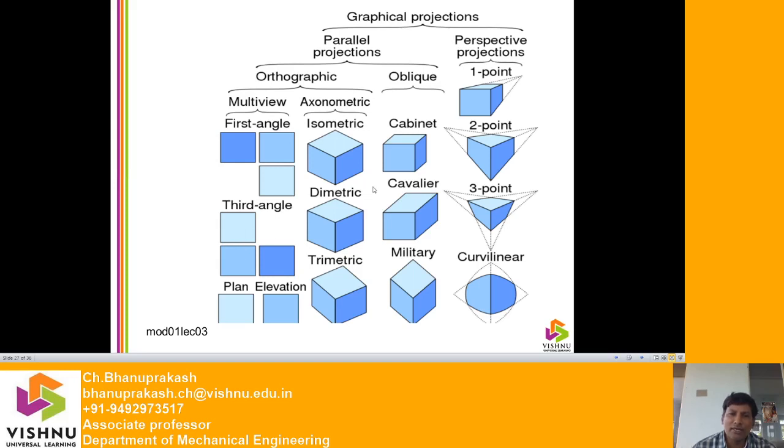When I am seeing from the side, if I am seeing from this side, which side is this? Right side. When I am seeing from the right side, the view will appear on the right side only. That is one more difference between the first angle and third angle projections. But in the case of first angle projection, when I am seeing from the right side, I am projecting on the left side, so I am going to draw on the left side. If I am seeing from the left side, the left side view, I am going to project and draw on the right side, but here I am not showing it.